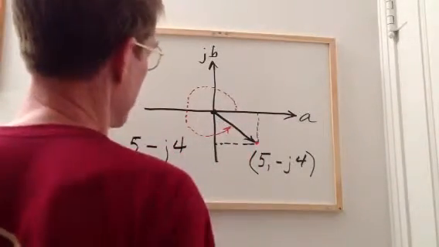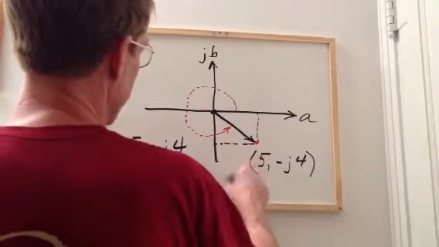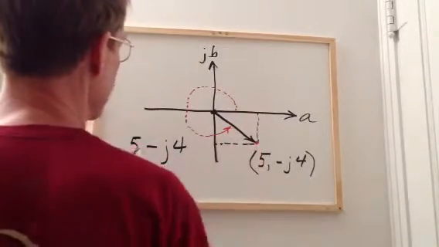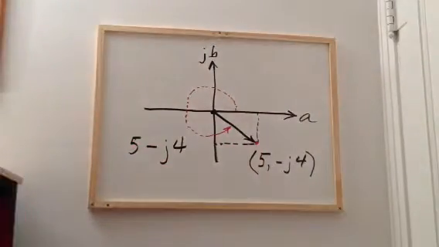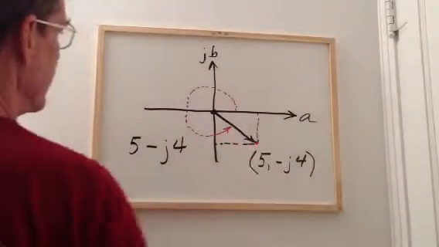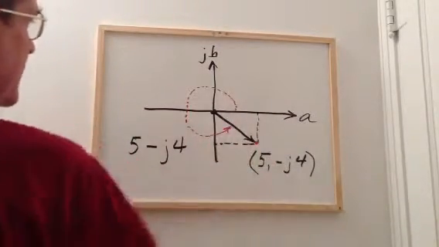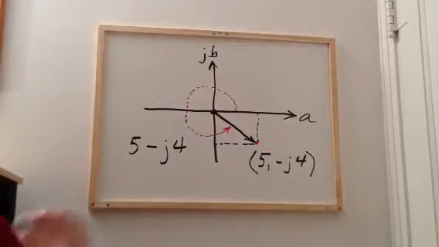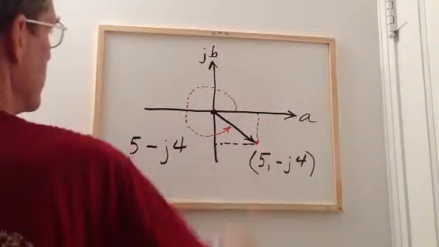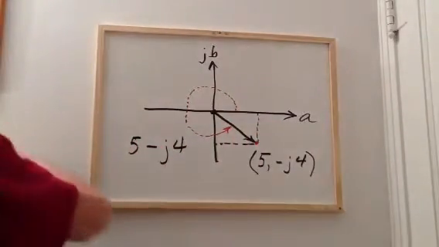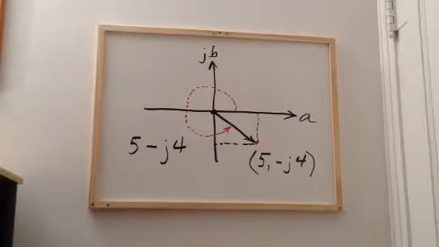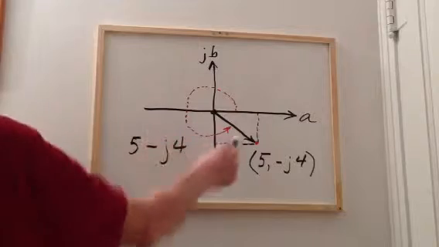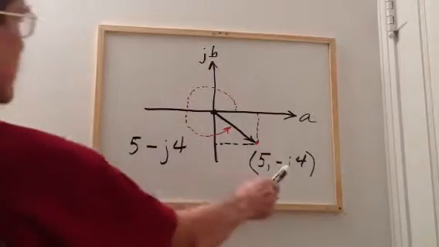The length, well, we don't know. It's going to be a little bit more than 5. And it's certainly going to be more than 4. It's going to be the diagonal of that rectangle that measures 5 units going this way and 4 units going vertically up and down. Well, we can represent this vector as a magnitude and direction,